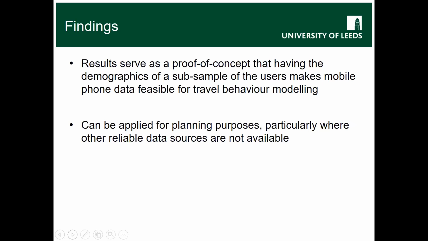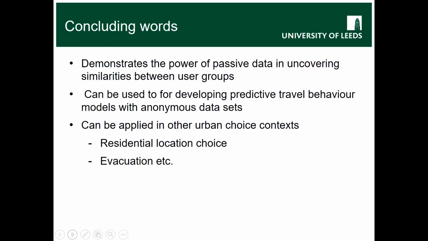And we use the trip generation in this case, but it can be applied to other travel behavior models or actually other urban applications as well. For instance, when we're interested in behavior during disruptions or other types of non-traditional travel behavior models, this can be useful as well. And this can be particularly useful in countries where the survey data is not reliable and the passive data sources are the only sources of data.